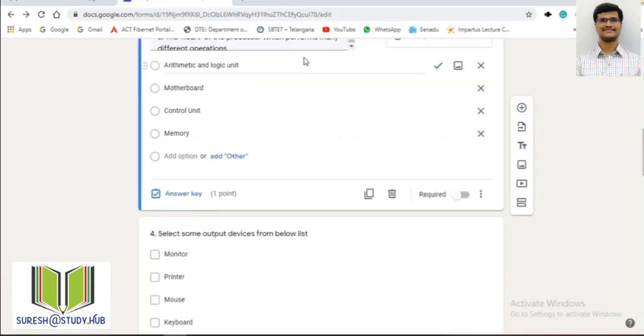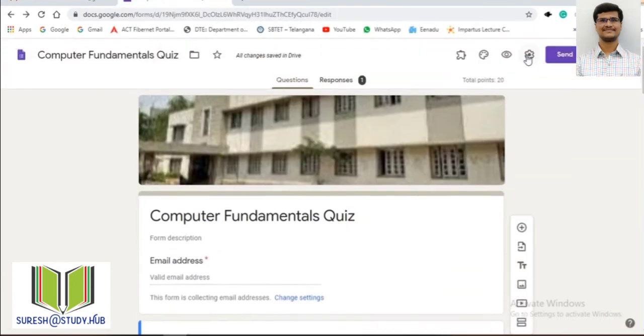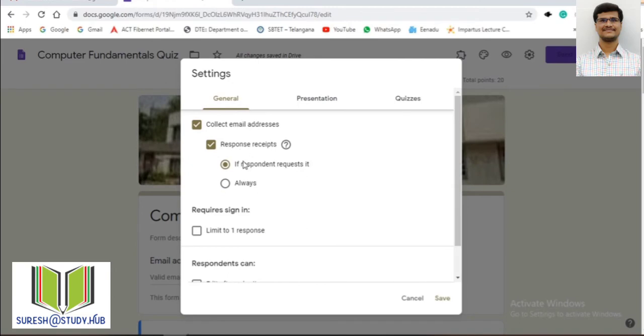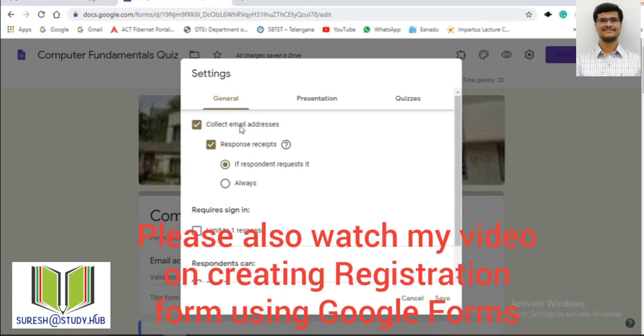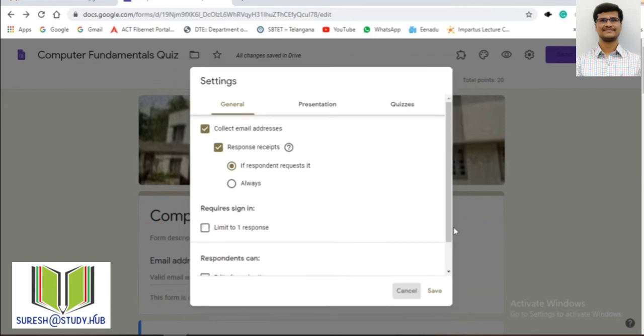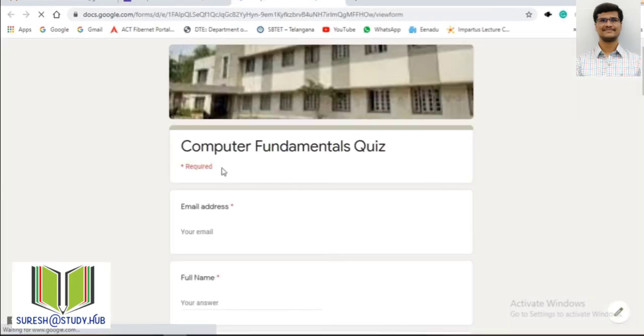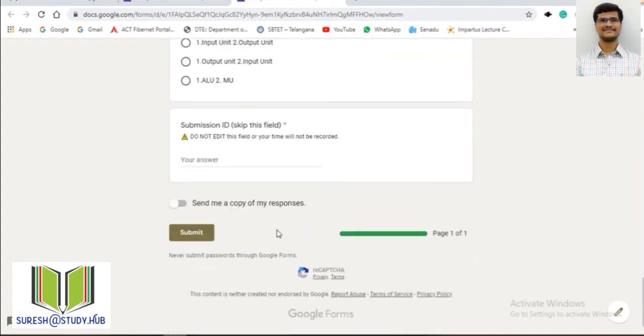Now I will go to the settings. So what are the settings? General setting, that is whether you want to collect email addresses. If you check collect email addresses, and make it response receipts, both, then the first question itself will be email address. That will come if you check collect email addresses, and at the last you will get this option, send me a copy of responses.